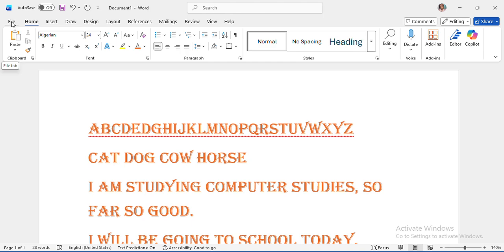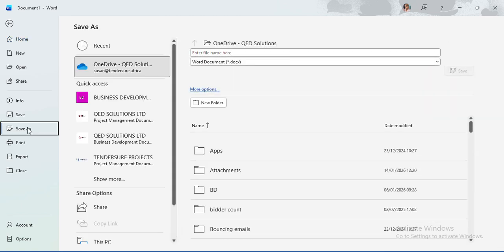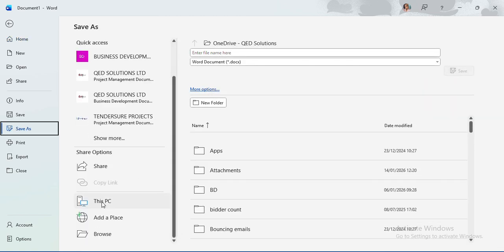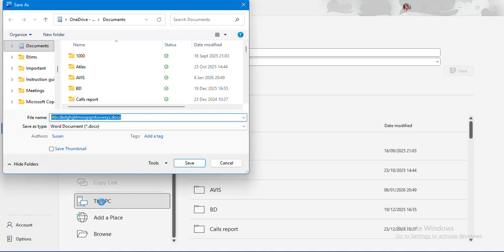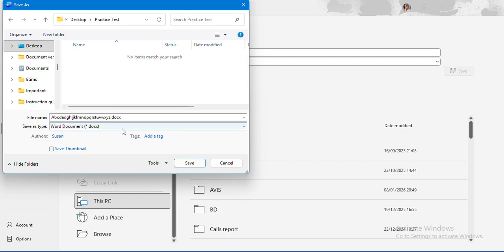Let me show you how you can save your file. You come here, then you click Save As. Once you click Save As, you come to your PC. Our document is on the desktop, so we need to look for desktop and then look for practice test.